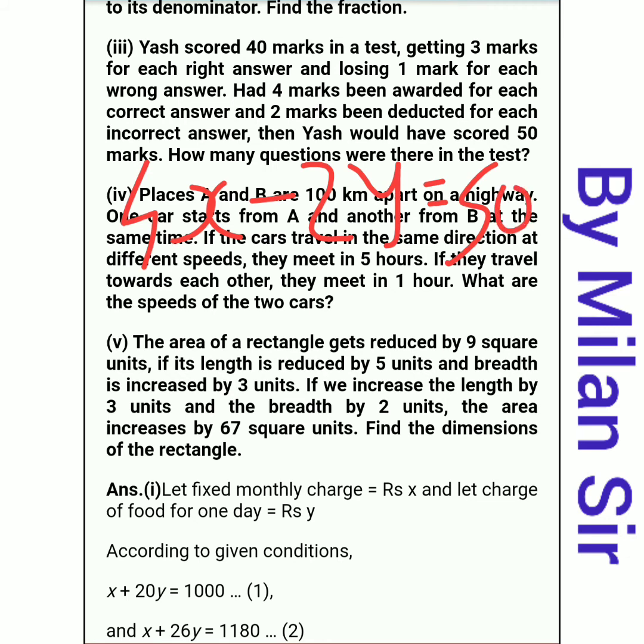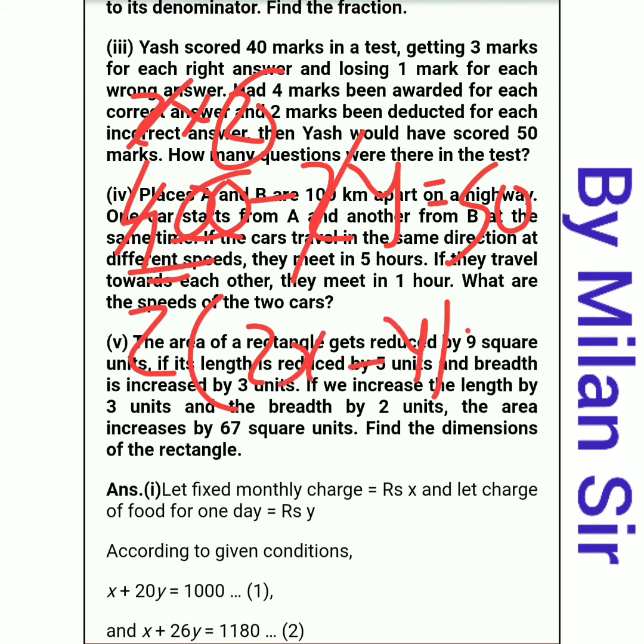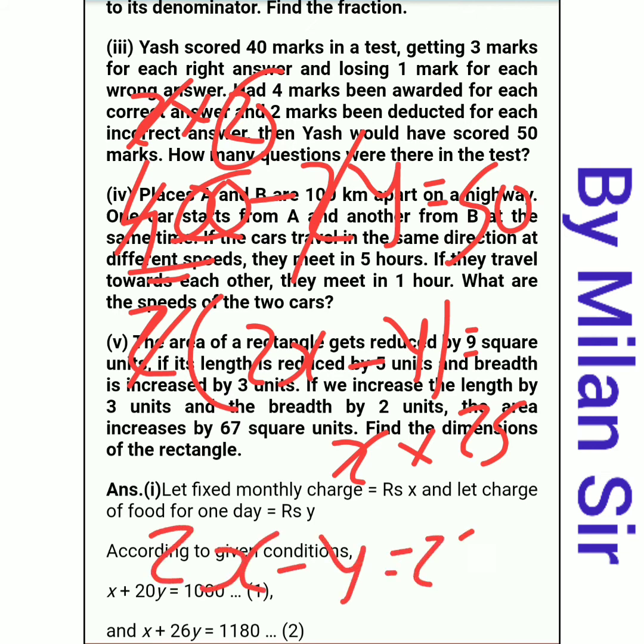Okay, this is our equation number 2. But before that, we can take 2 as common. Here 4 means 2 2s, so 2 is common, remaining 2 and x. So 2x. Here 2 is cancelled because we already took it common. So minus y. And here 50 means 2 into 25. 2 cancels from both sides. So finally we get 2x minus y is equals to 25.